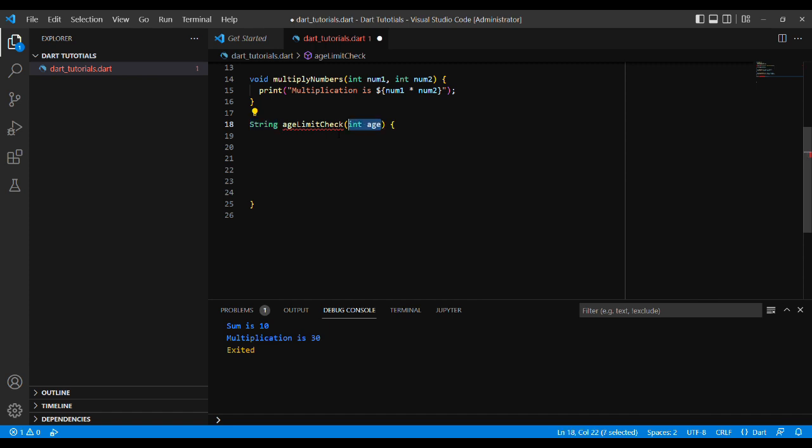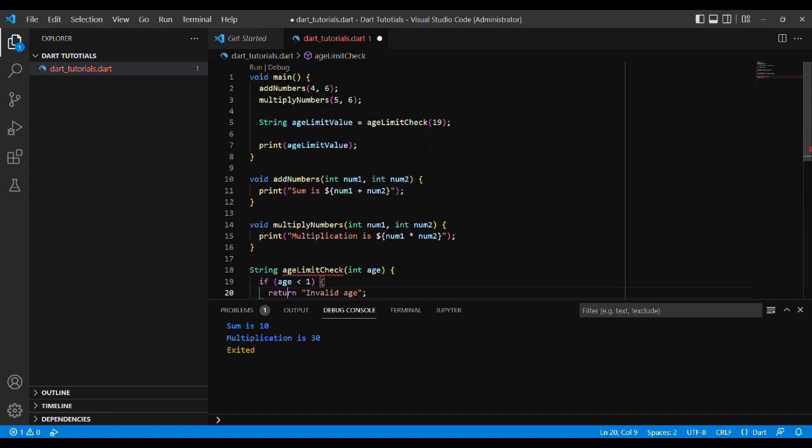So we set our age, int age. If the age is less than 1, it should return invalid age, because we know that age can't be less than 1. We are taking in the age limit and storing it into the string age limit value because it